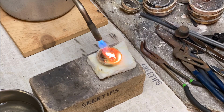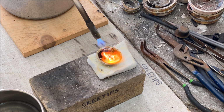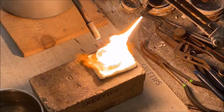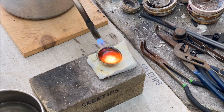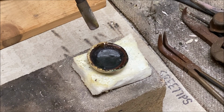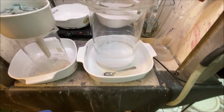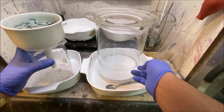Okay, this is time lapse. It's putting out a lot of smoke, so I open the door to my shop. Here you'll see I'll throw some flux on there to try to get any metal to, that's borax flux, and then I hit it with my acetylene torch. I didn't see any metal in that melt dish. I put my acetylene torch on there and didn't see anything metallic, so we're going to do some experiments with that much later. Now what we'll do is we turn our attention back to the silver chloride that I have